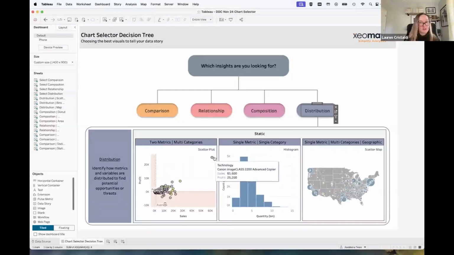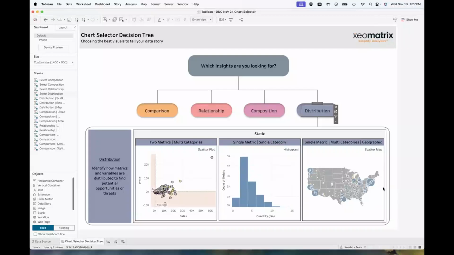Maybe I need to check the data. Why is technology, the advanced copier, so high? Or what about my lower ones? Why is this double head printer so low? So you can easily identify those outliers and make an action based on that insight.